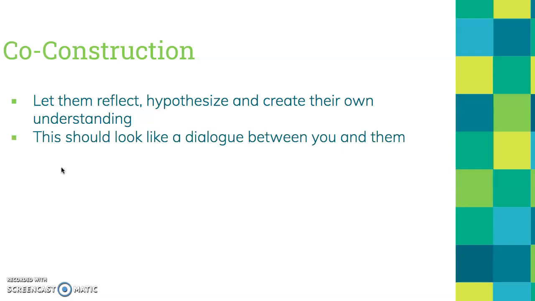So we're going to set it up as a dialogue between you and them. It's co-construction, not just construction, meaning that they're doing a lot of the work. We're sitting back and letting them discover the rules, letting them discover and hypothesize and figure out what's going on with it. I do this in the target language because I think that there's a lot of value to that,